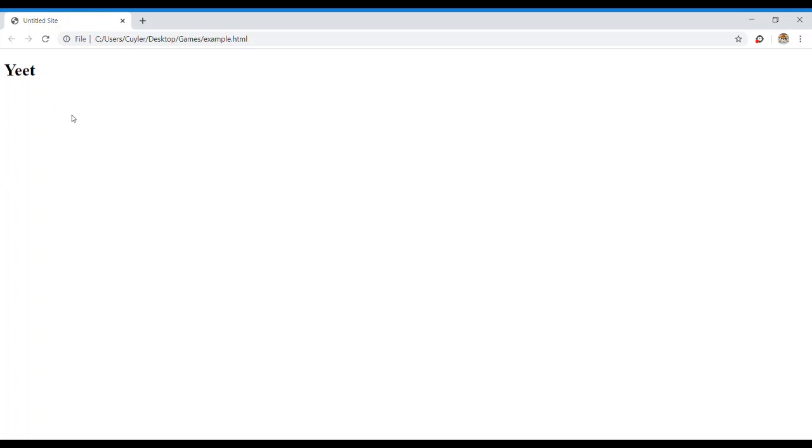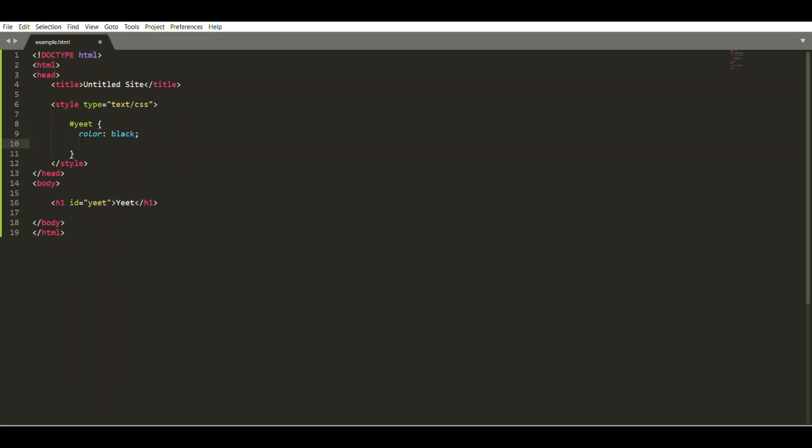But as you can now clearly see, the text that we just wrote in code is now clearly visible on the screen. And if we go back into here, if we go ahead and change the position of the text, it'll clearly show up. So let's just go ahead and type in position